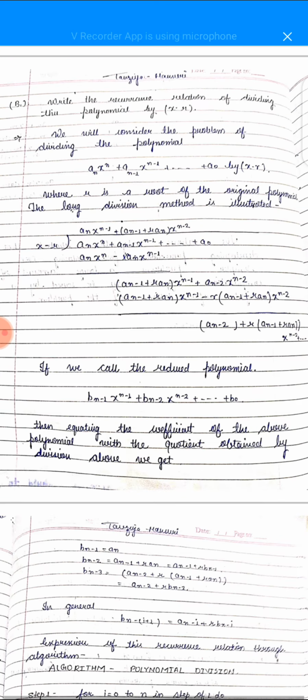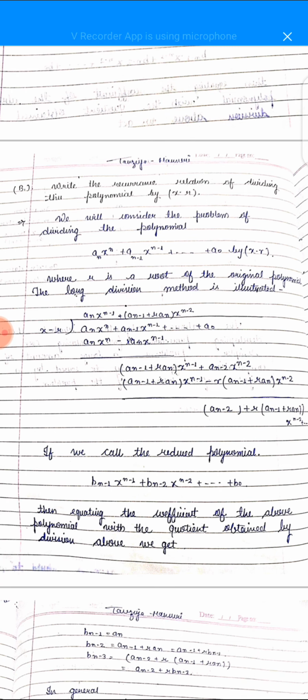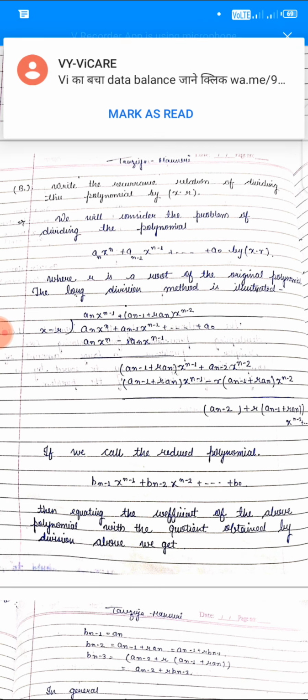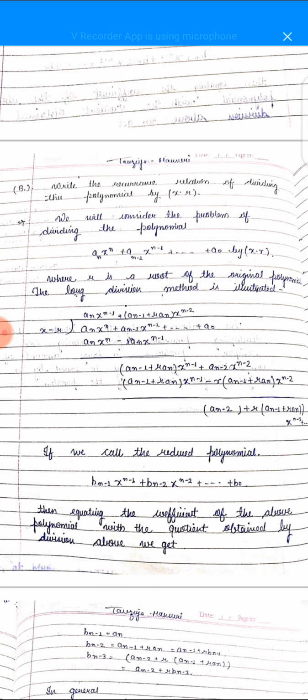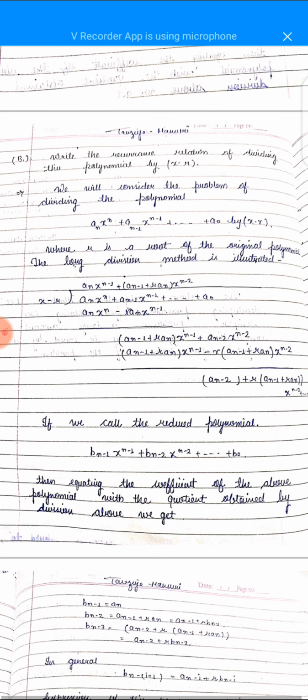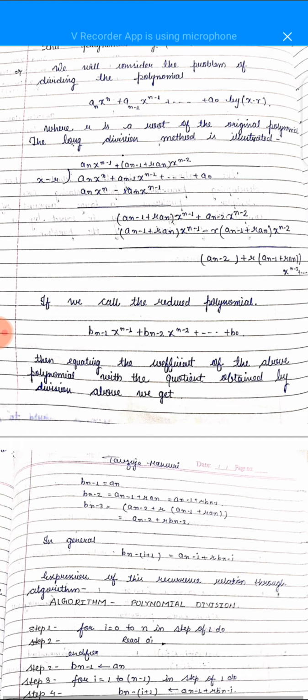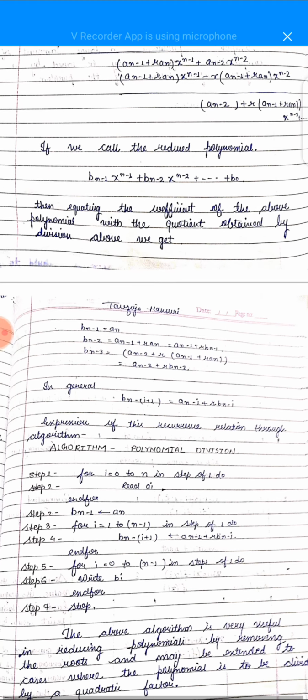Let's see the B part of question number 3, which is: write the recurrence relation of dividing the polynomial by x minus r. We will consider the problem of dividing the polynomial a_n x^n + a_(n-1) x^(n-1) + ... + a_0 by x minus r. After dividing, if we call the reduced polynomial b_(n-1) x^(n-1) + b_(n-2) x^(n-2) + ... + b_0,